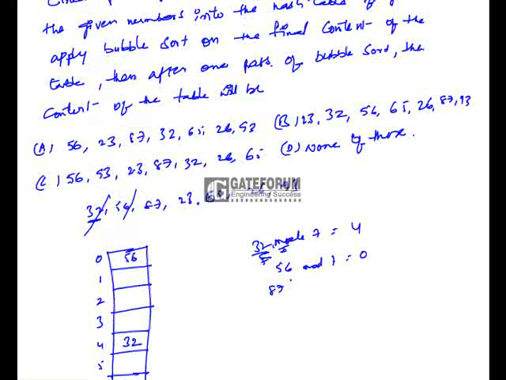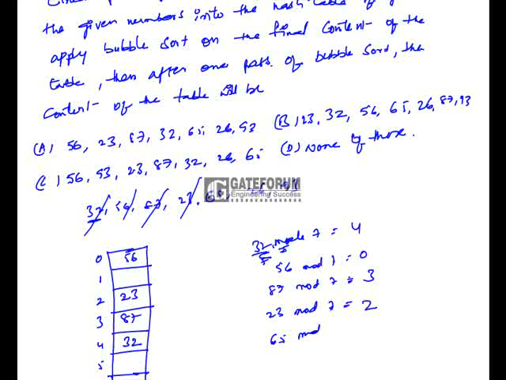Then 87 mod 7, which is 3, so 87 is inserted at position 3. After that, 23 mod 7 is nothing but 2, so element 23 is inserted at position 2. Then 65 mod 7 gives